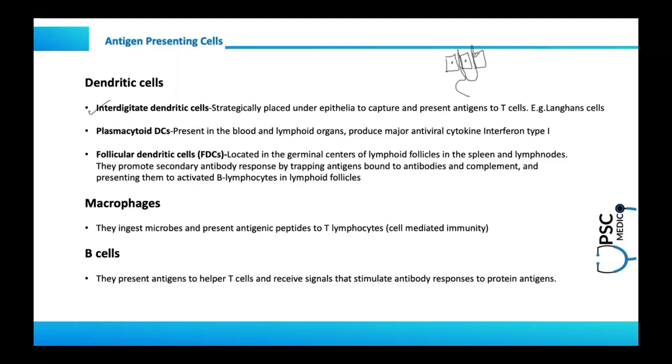So this is the interdigitating type. This is how they digitate in between the cells, which I had just drawn. They interdigitate in the epithelia and recognize antigens. And next is plasmacytoid dendritic cells. They are plasma-like cells. Normally dendritic cells have digitations, but these stay